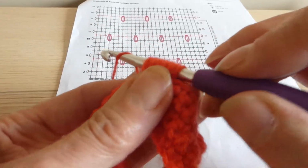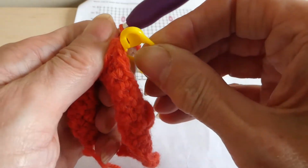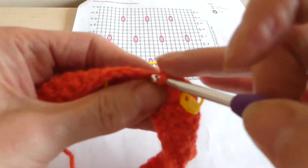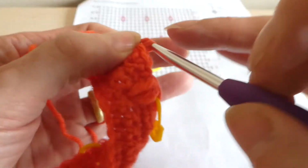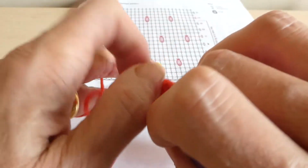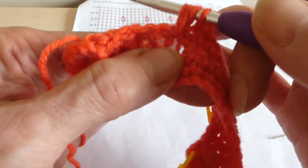So yarn over, turn your hook so that it's facing down, and slide it through and lock off, and then pop your marker into the second stitch from the hook as the stitch that you won't be using. So 5 double crochet, yarn over into the marked stitch, marker out, yarn over and bring it up to the level. 1, 2,